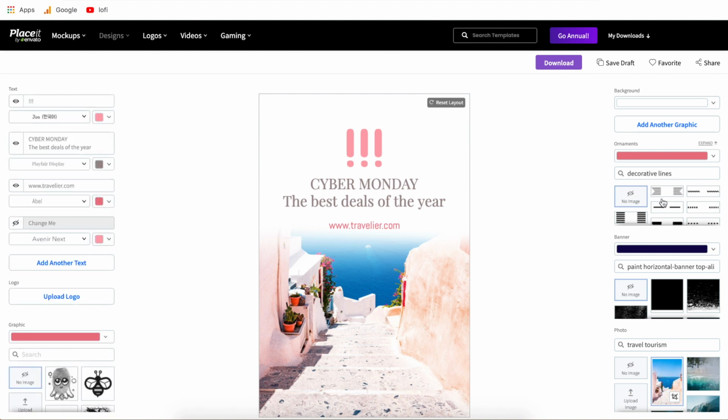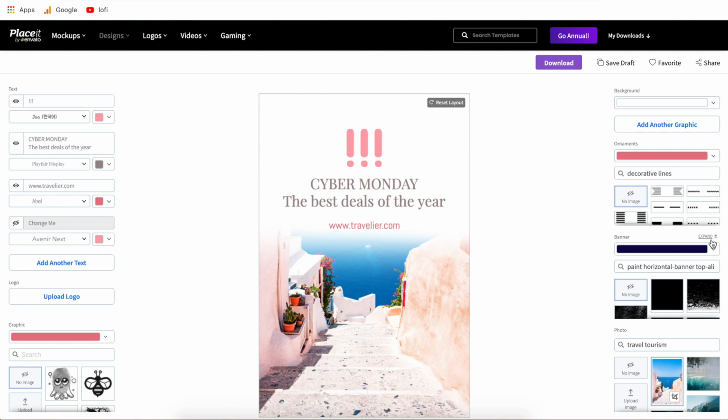Now continuing down here, these are some of the cool features of Placeit I was talking about. So they allow you to add graphics that reformat your design. Sometimes it's adding frames, sometimes it's adding different structural elements to your template. But if you click some of these different options that they have for you, you can continue to customize your design. I'm just going to hit no image because I like how it looks with the white up top. I think that gets your attention a little bit more.